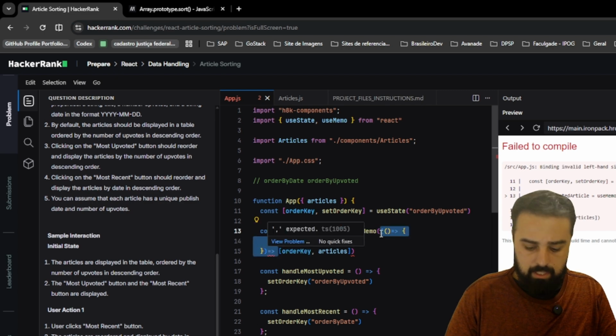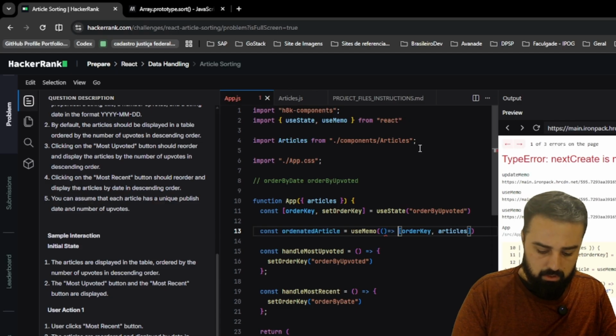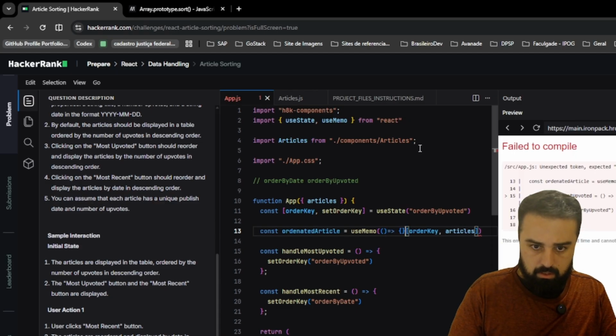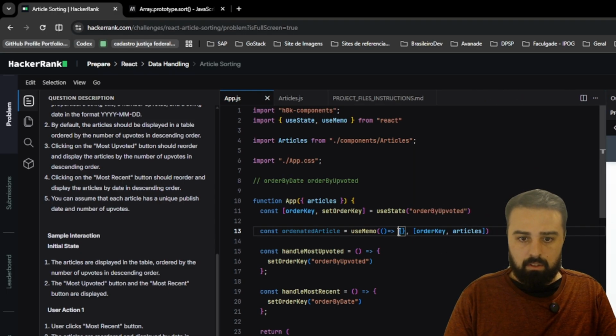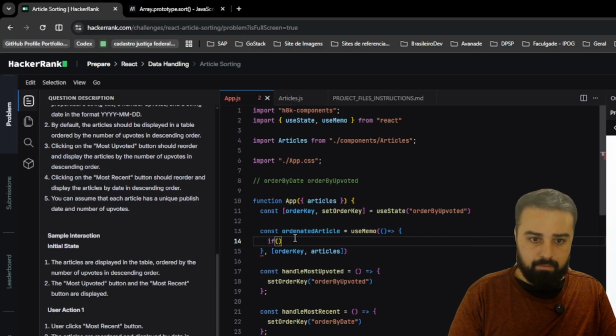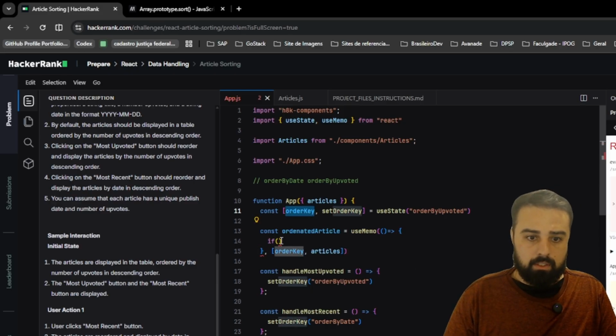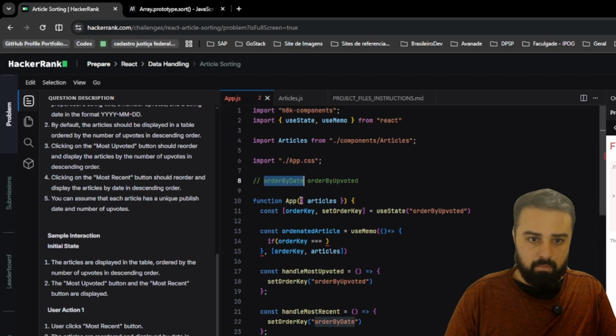So let's clear that. And that will be a function and our array of dependencies, okay? Okay, so we will do that in this way. First, if the order key is order by date,